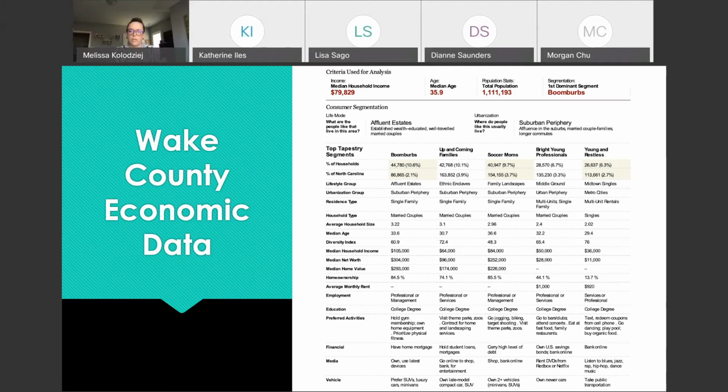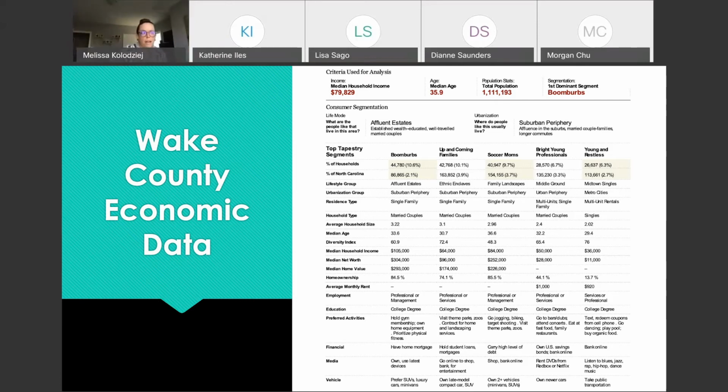It's not particular to Raleigh, but this is the consumer segmentation for Wake County. It'll show you the top segments for this area, and in an actual report, if you were to see the entire thing, it would break out all five of these segmentations and give you more information based on these and a description of each segmentation.